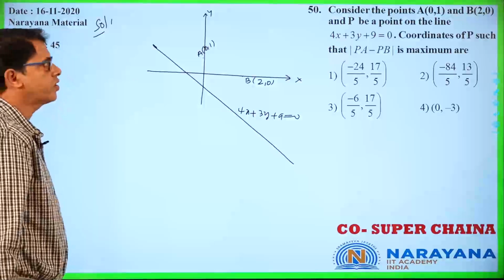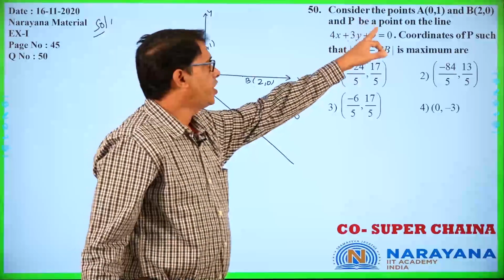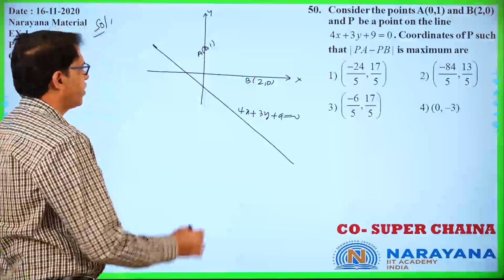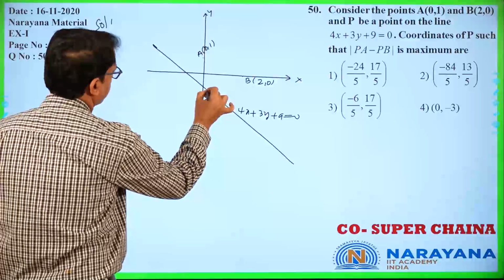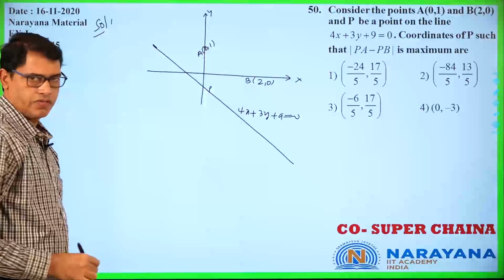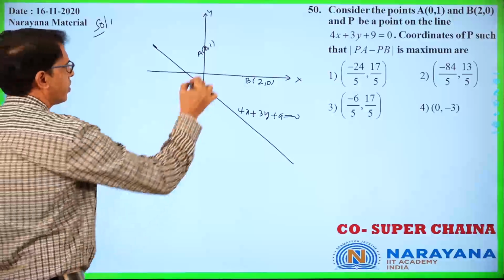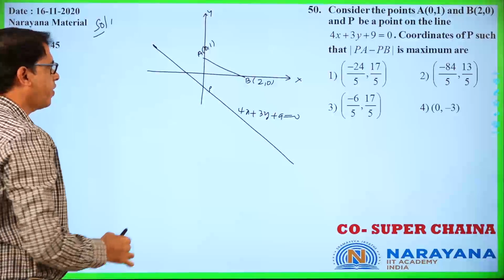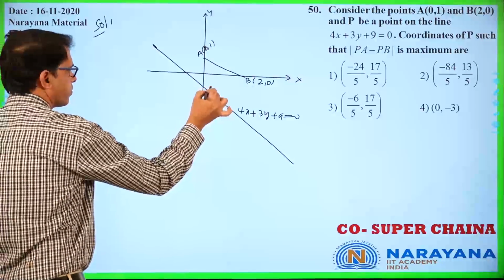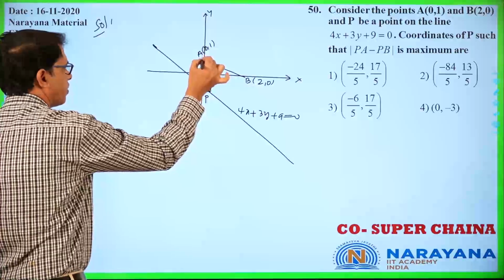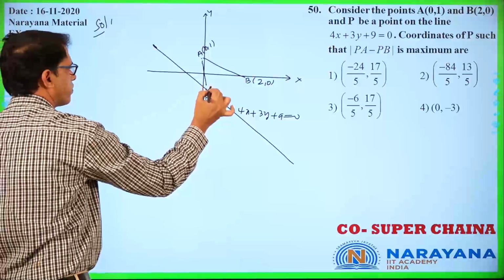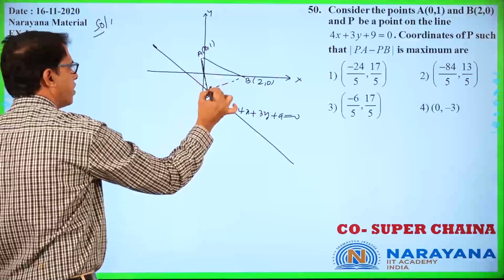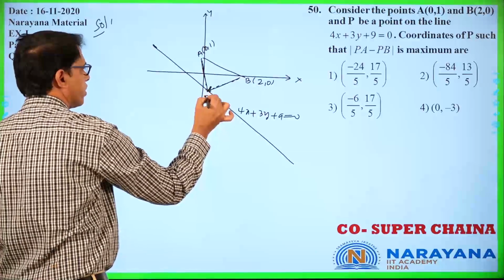Now what is the question? P is a point on the line. Assume P is here somewhere, this point is P, okay? So this is AB. So what is PA? This is PA, this is PB, okay. This one is PA, this one is PB. If you take the point here,